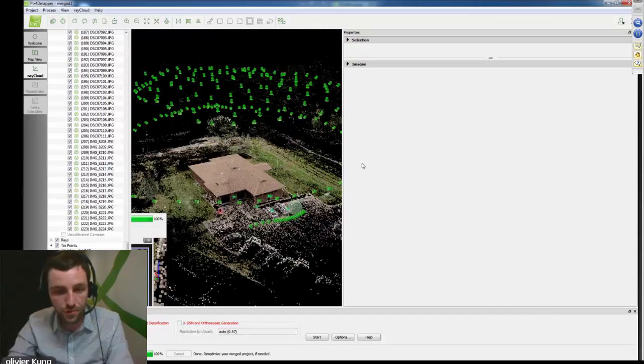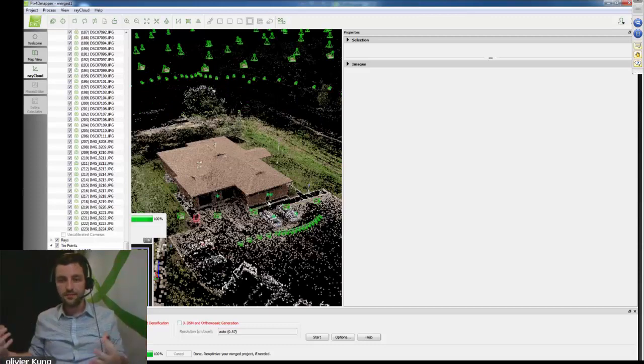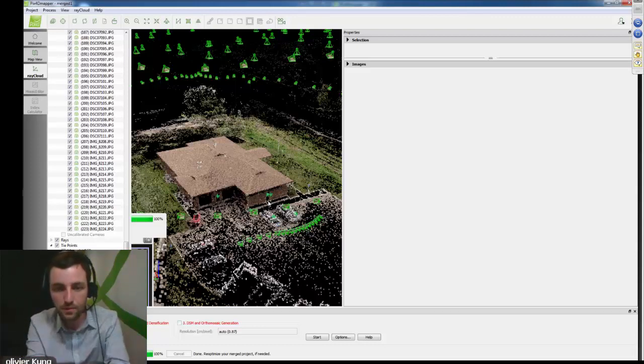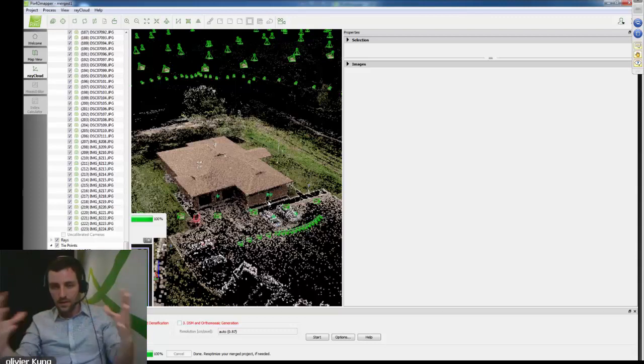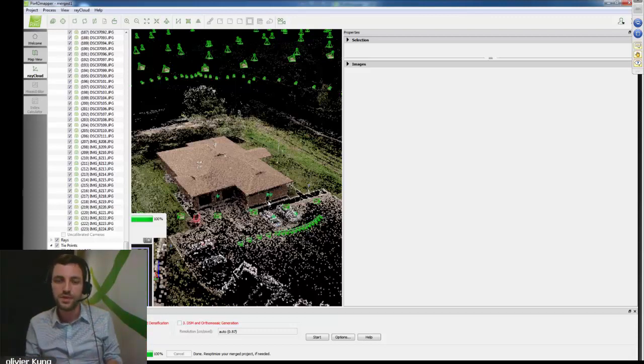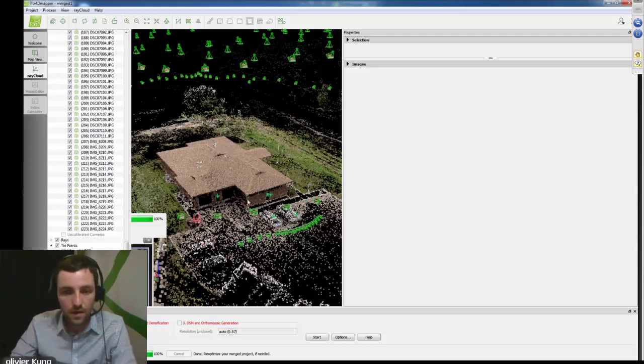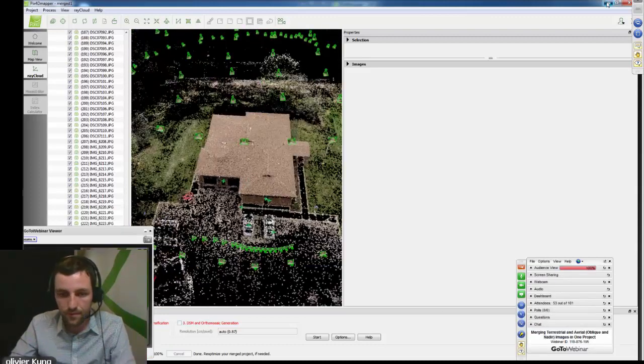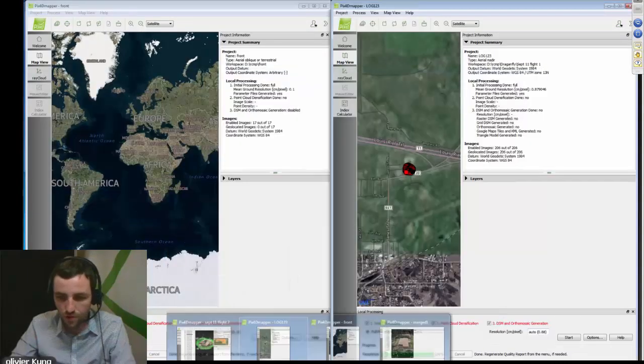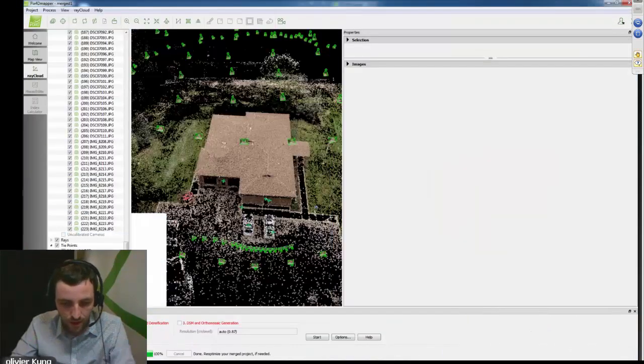Now, if you continue doing that for all the 4 datasets that I've been showing, you can either do one by one, putting them together, creating a merged one, and then add another one and add another one, or you could click the 3 to 5 tie points in all the datasets at the beginning, and then merge the 4 datasets together. Both ways will probably give identical results. Once you have done so, you will obtain